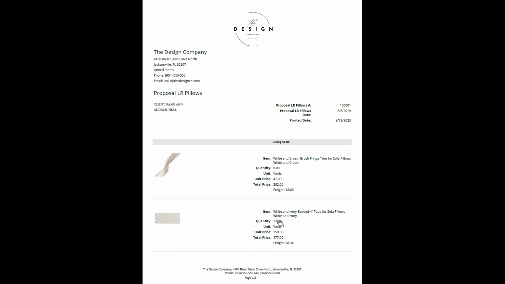Okay, you can see here, once again, we've got the tape for the sofa pillows, 3 yards at $159 a yard for a total of $477. Now that cost, if we go back to our estimate, the cost of this material was actually $79.50. It was really expensive.